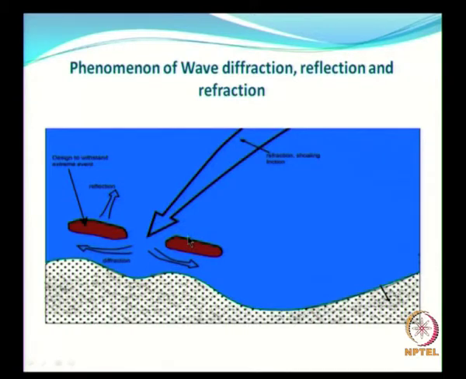And now presence of obstructions like natural reefs, outcrops. For example, in India, at the tip of the Indian peninsula, you have so many outcrops. All these outcrops will lead to a certain extent of diffraction, and the presence of these will also lead to some amount of reflection. So when you want to take up some project, you have to consider all these phenomena before you plan for a major project.